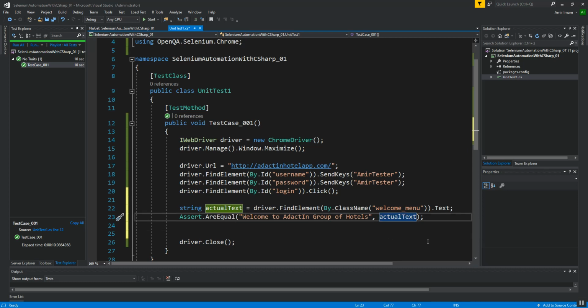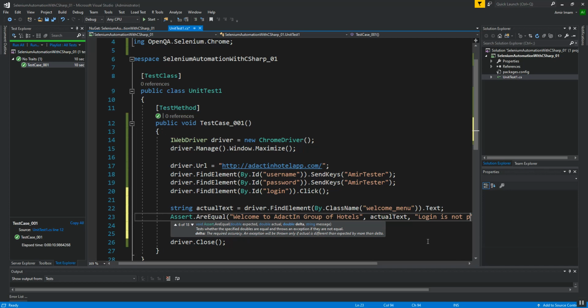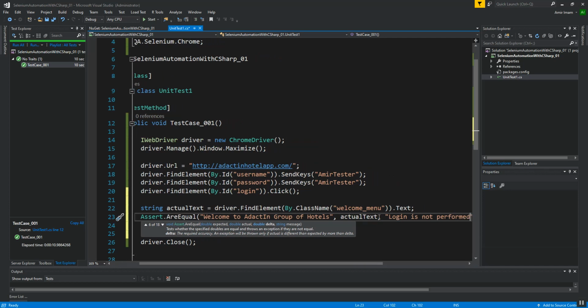We can also provide an error message in case of failure. If the first and second parameters are not equal, then it will give an error message like: assertion fail, login is not performed.